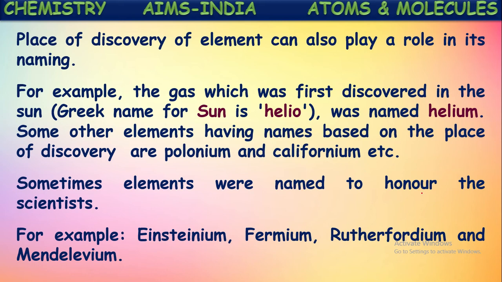and some elements are given names based upon the place where they were discovered, and for some elements, names are given based upon their properties, and some more elements are named based upon the planets' names. For example, plutonium, mercury. These elements are named after certain planets. In this way, based upon certain categorizations, the names for the elements are given.